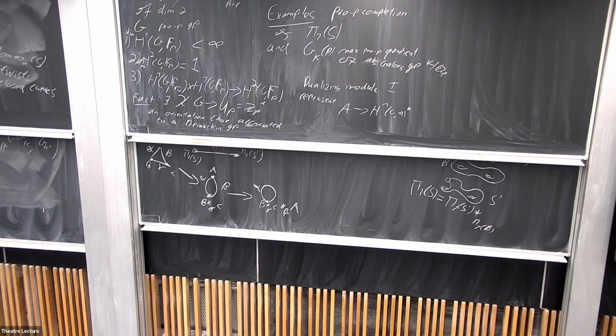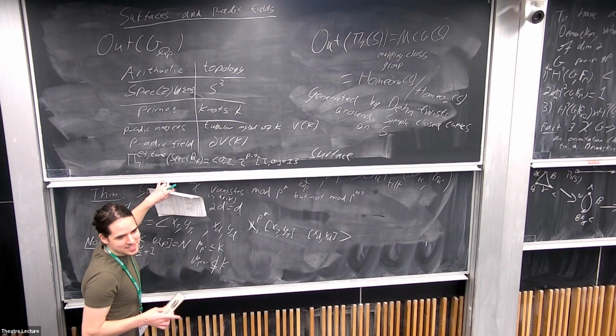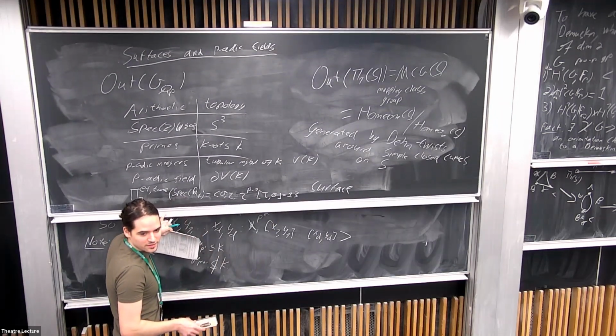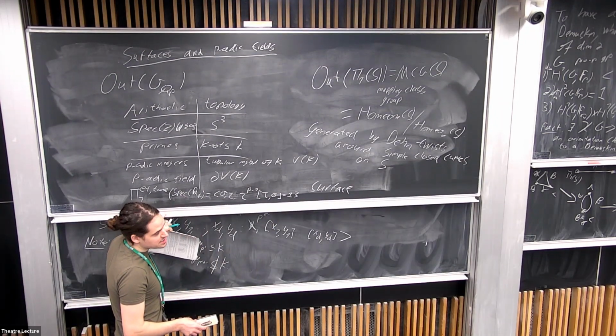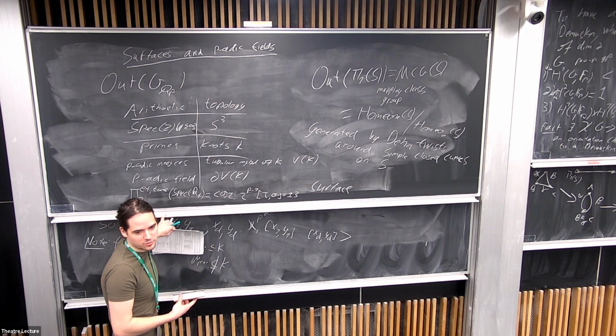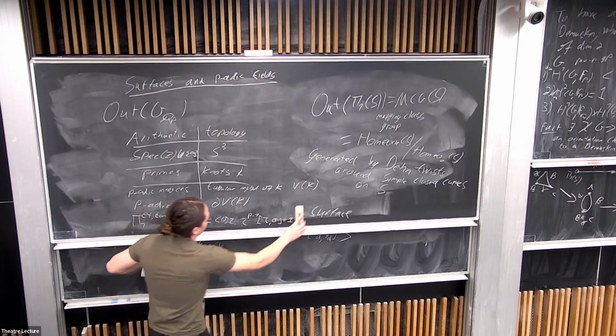So the example at the corner corresponds to a loop. Yes, I was just about to explain what a loop is. The second example is not a simple closed curve. It is a simple closed curve, it's just that it doesn't separate, sorry. So there's a separating and a non-separating one. Separating would be one giving you two components, and non-separating would give you one component after you cut along it.